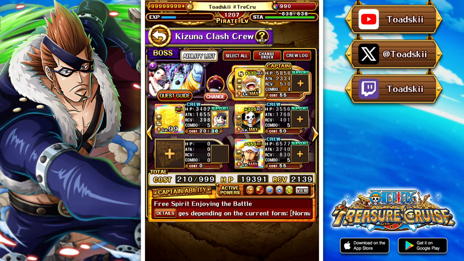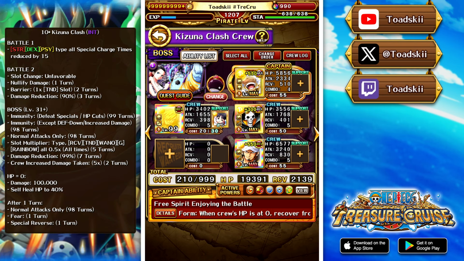And now we can have a look at the final 10-star difficulty Kizuna, which is against the Int variation. Now this team ideally is going to be using 2 6-star Gear 5 Luffys. So this isn't the hybrid where you run one evolved one and then one that is unevolved. This one ideally you actually want to run 2 unevolved ones because you actually want to abuse the revive mechanic